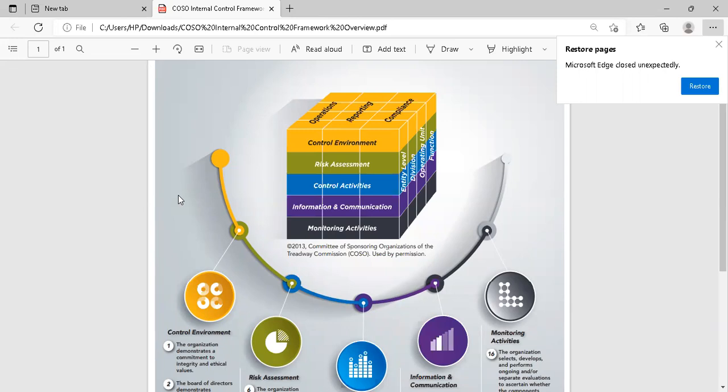The first component is control environment. The second one is risk assessment, calculation of risk. We have control activities. Then we see information and communication, and the last one is monitoring. In the morning also we discussed these 5 components. Later on, COSO came out with another framework called enterprise risk management. So when you see that these are the 5 components, to draw similarities, I'm just comparing both of them.